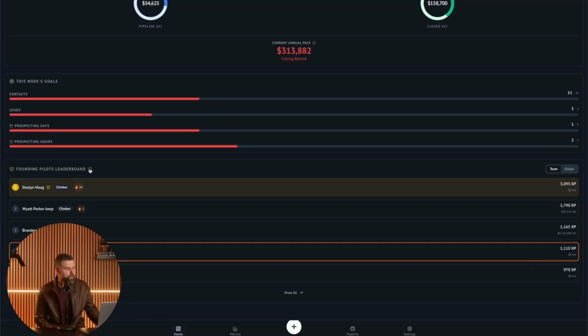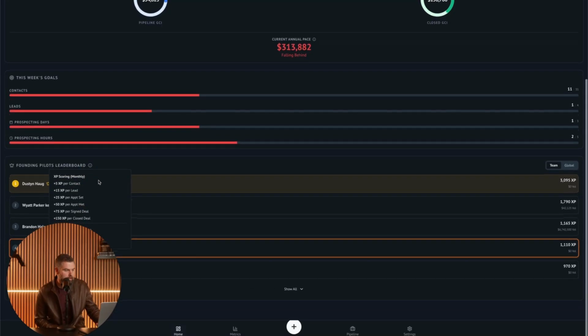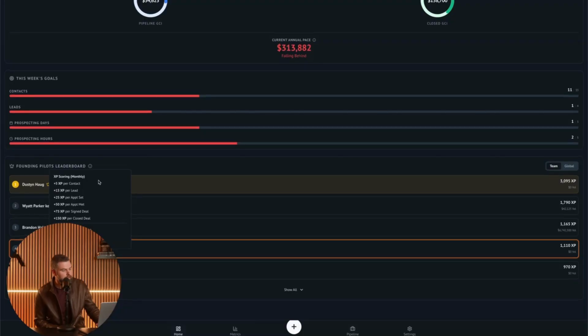For every contact you make, you get 5 XP points. Every lead is 15. Every appointment set is 25. Appointment met is 50. Signed is 75. Closed is 150. And so as you can see, you're going to essentially get those XP points, you level up,